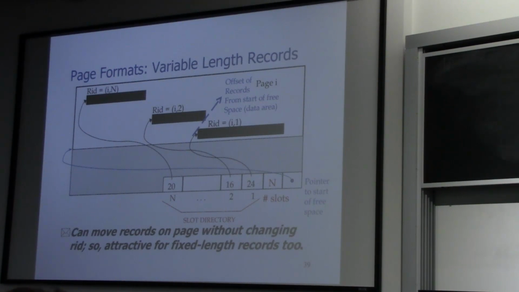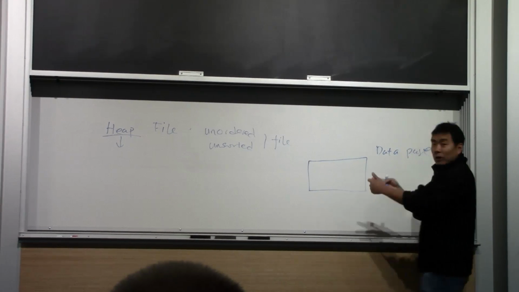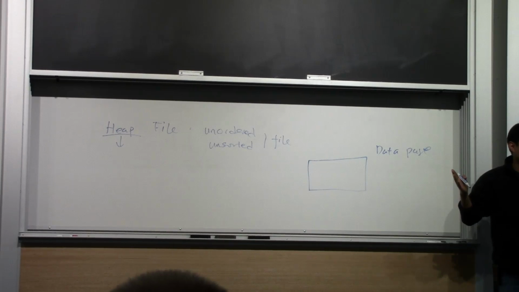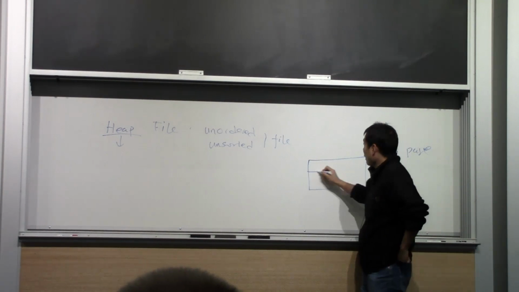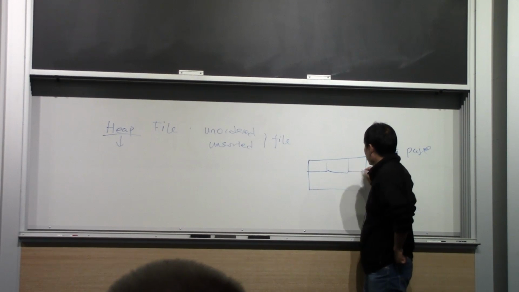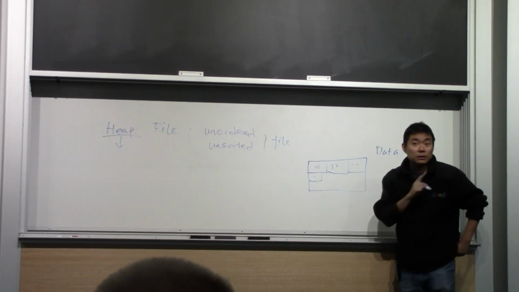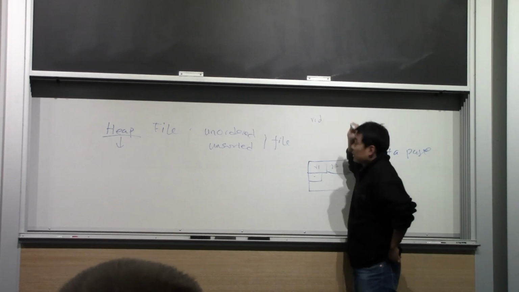The only thing I require you to remember is, suppose this is a data page, right? Of course, you have multiple such pages organized into a heap file using one of the alternatives we talked about, right? Inside each page, what do you have? You have records, right? So I just ask you to understand this abstract view that you have record 1, record 2, and so on and so forth. Does that make sense? We talk about the concept of record ID.